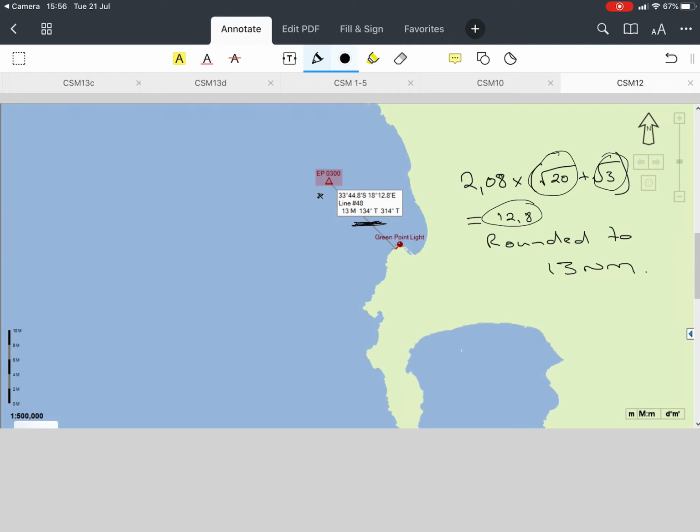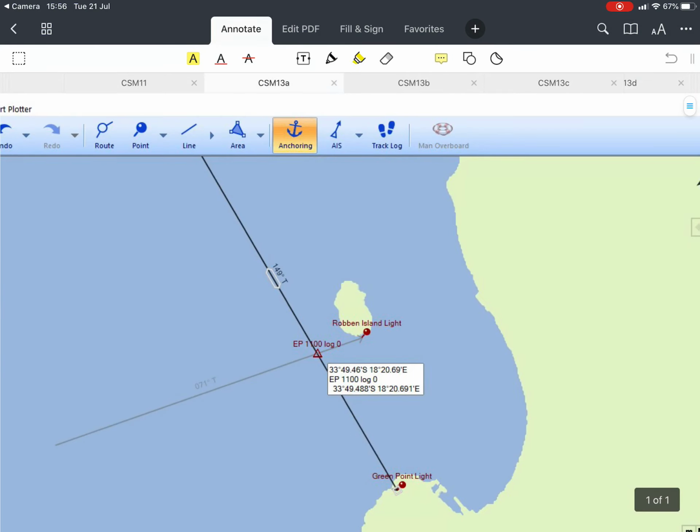Okay, let's move on to question number 13, the multi-leg question. 13a is pretty straightforward. I've got to convert my numbers from magnetic to true, and I find my position. You should have got a position of around 33 degrees 49.46 south and 18 degrees 20.69 east. Pretty close to that. I'm not exact because this program I'm working with kind of overlays if I make it